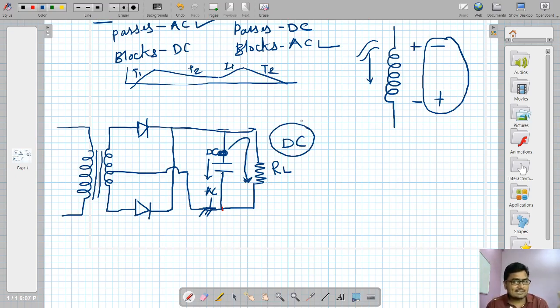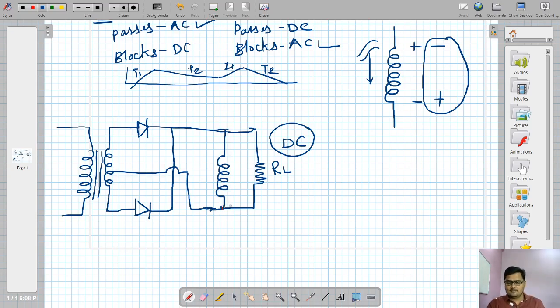See, I haven't talked about the inductor yet. I have not started inductor theory yet. I'm just telling you why the capacitor is connected in parallel. As you know, the capacitor is connected in parallel, and the inductor has properties opposite to the capacitor, so it means the inductor has to be connected in series. But first check what will happen if I connect the inductor in parallel, like the capacitor.